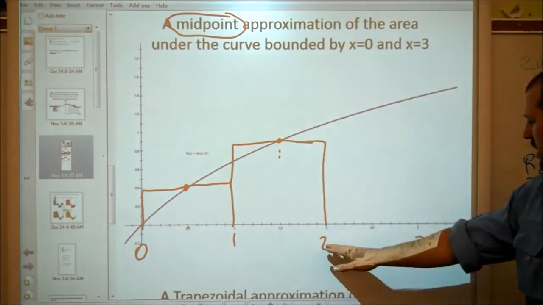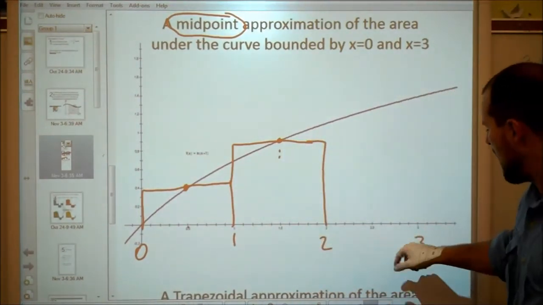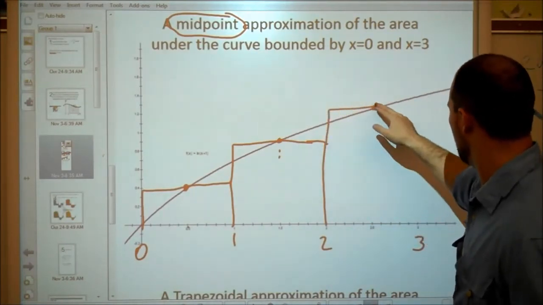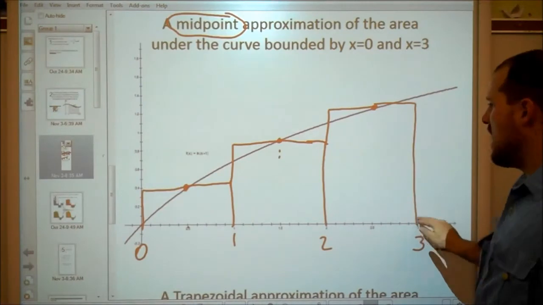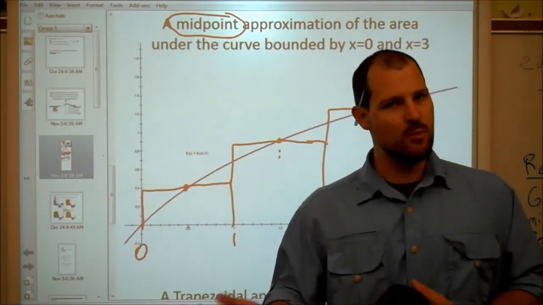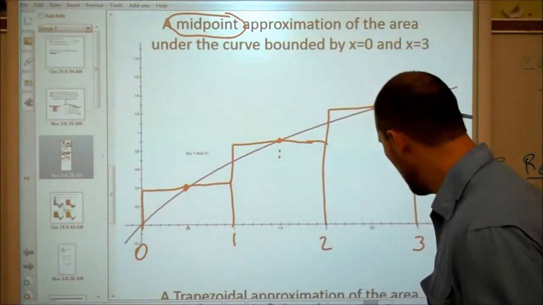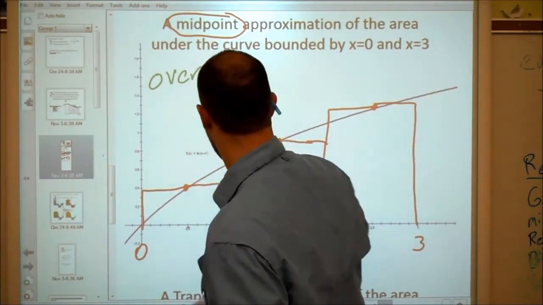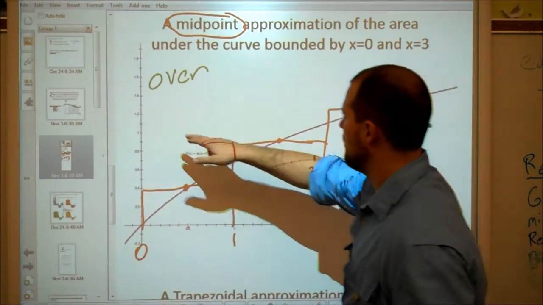Okay, and then down here, 2 and 3, the midpoint of 2 and 3 is 2.5, and so that is going to be the y value that defines our subinterval. Now, as we go, we should probably try to consider, is this more or less accurate than what we've done so far? So what I think I'll do is I'll do the over in green, and I'll do the under